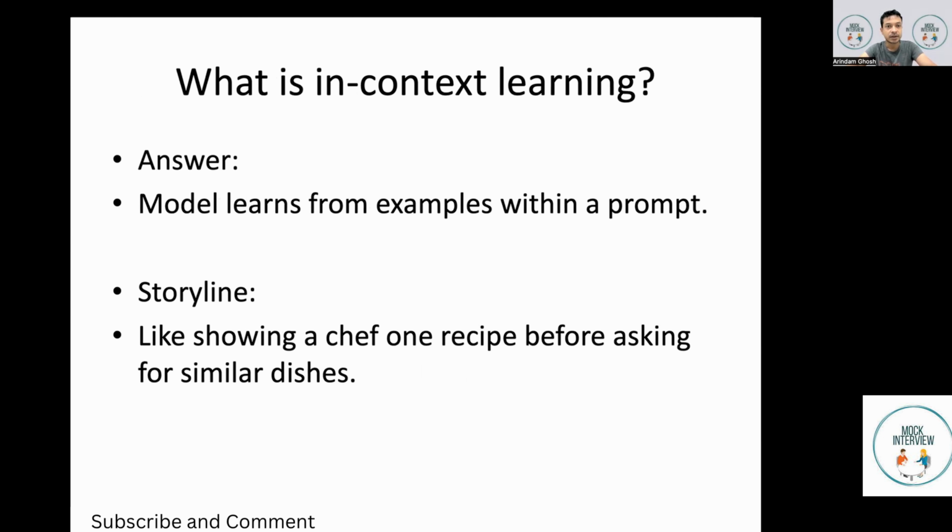Good. Next question, what is in context learning? Answer, model learns from examples within a prompt. Storyline, like showing a chef one recipe before asking for similar dishes. So some examples will be there, so that you are giving some in-context examples or learning. Great. Next question,